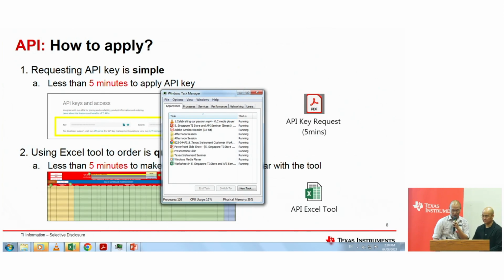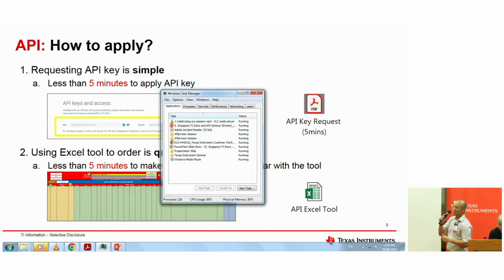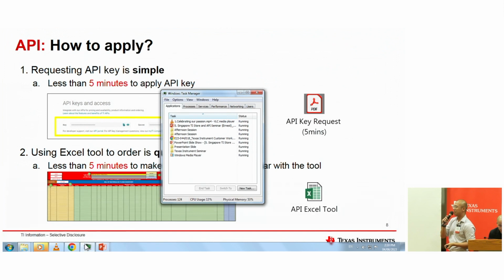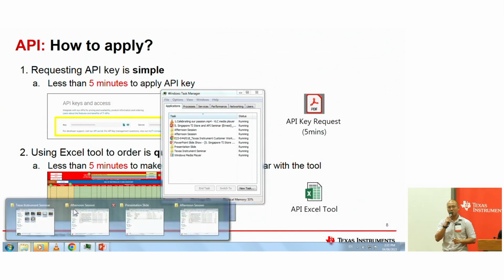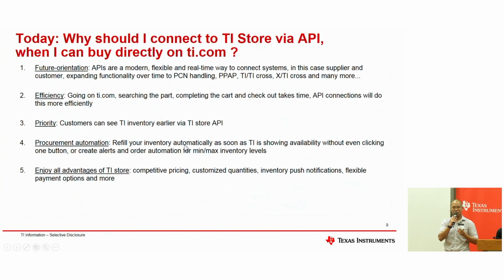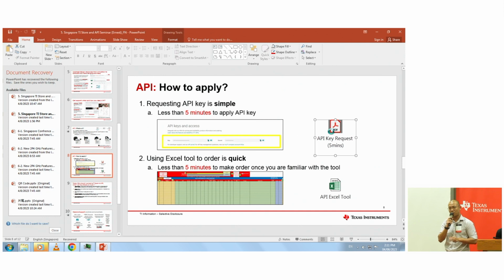We created a file with a step-by-step guide and some screenshots to show you how to apply for an API key. To apply for an API key, there are a few things that you need. You need to create a company account. After you create a company account, you have to set up the checkout profile. And after you set up the checkout profile, you can go to the dashboard and apply for an API key. It's in the PDF.